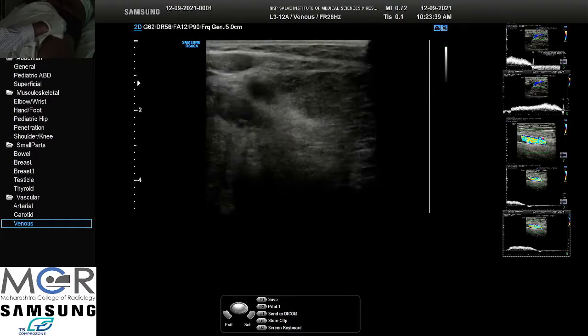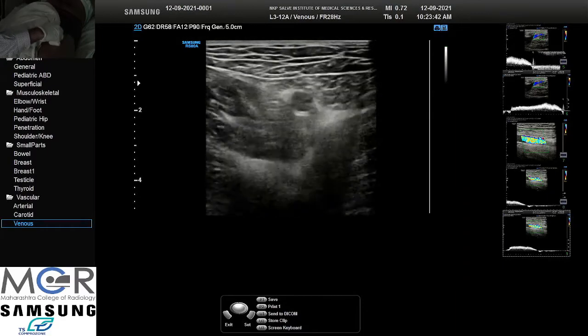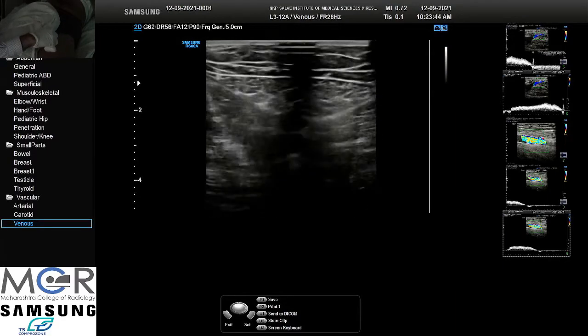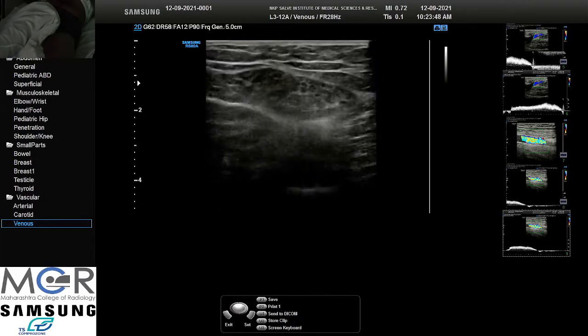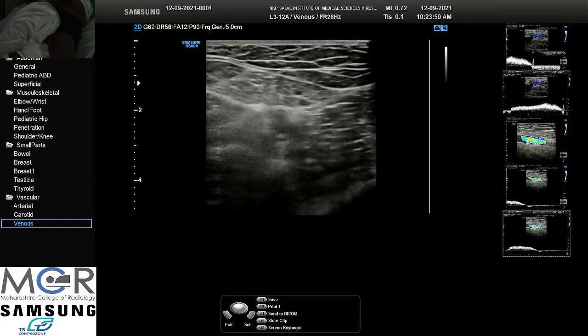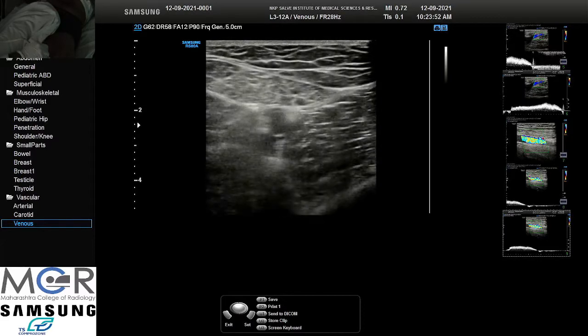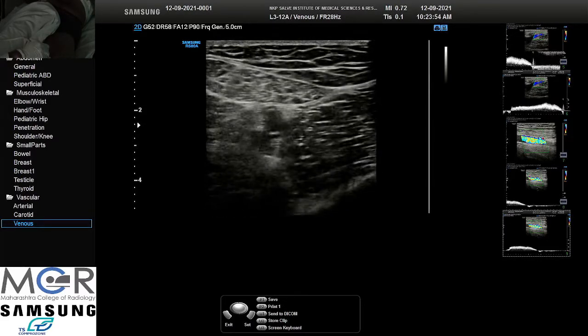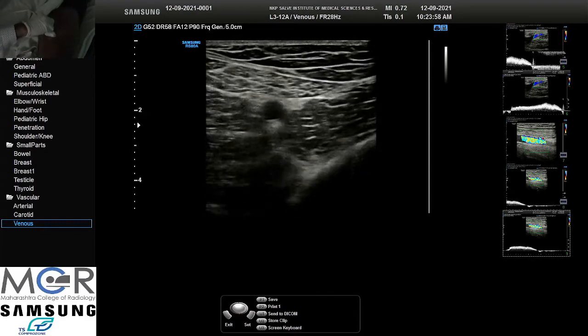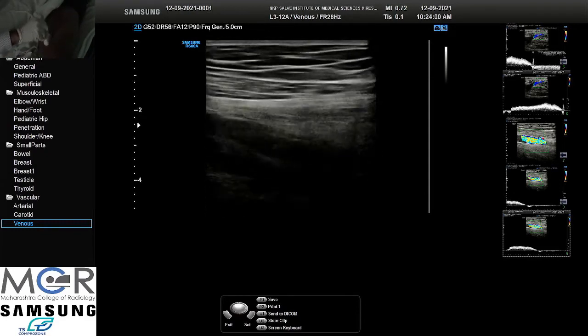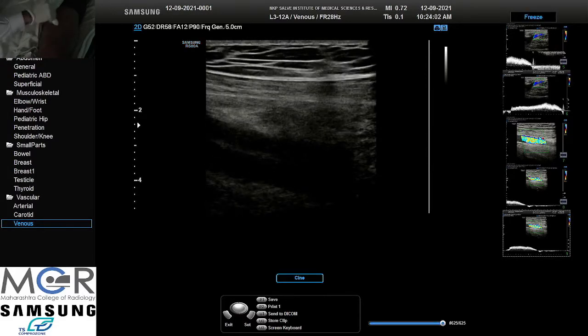So again compression, adjust the focus, increase the visibility, compression. So the veins are normal. We'll go to the